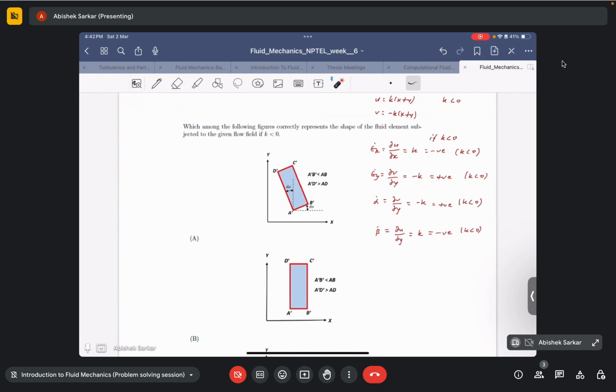It basically means that a fluid element will rotate in the counterclockwise direction. So this is correct. And similarly, we just need to check if beta dot is